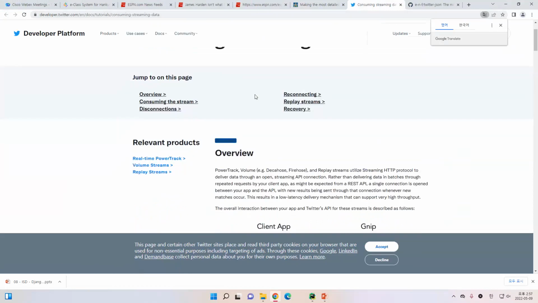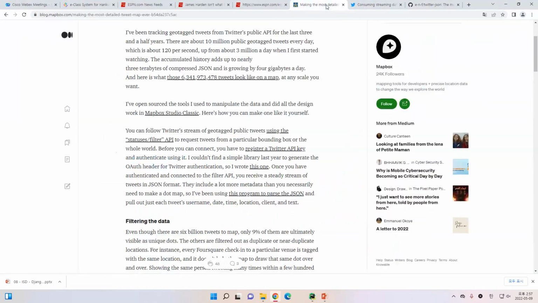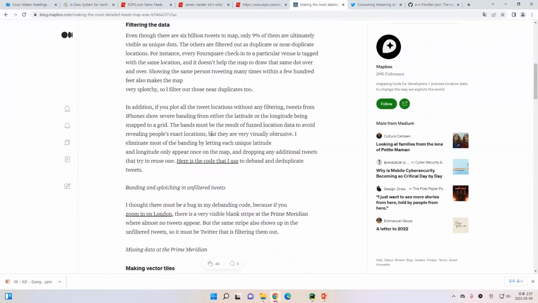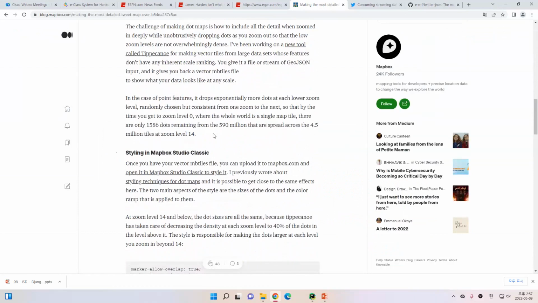If you know how to connect to Twitter, and if you have a Twitter account, you can apply for the key. Okay, this is the Twitter JSON using the JSON stream in Java. You can apply how we can get the data from Twitter in the JSON format, and after we have the JSON format,